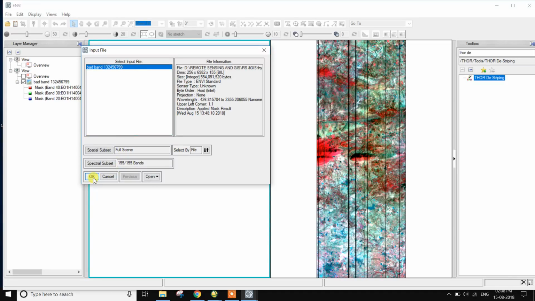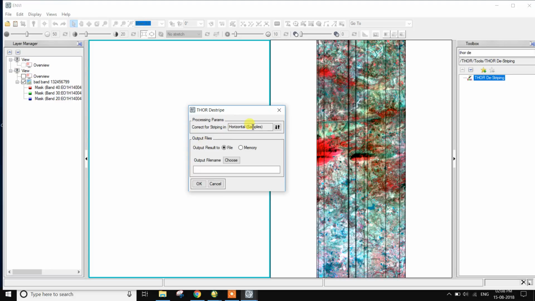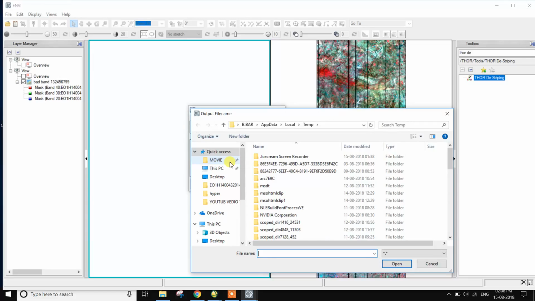Put it in the input here and click OK. There are the third day stripping processing parameters. The lines are vertical, not horizontal, so choose the sample with vertical lines. Then there is the output file name for third day stripping.